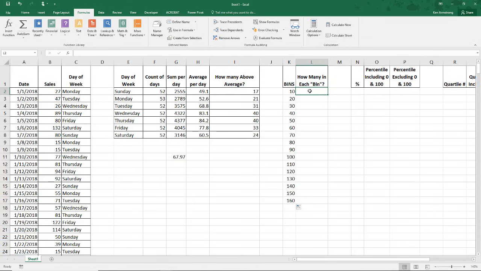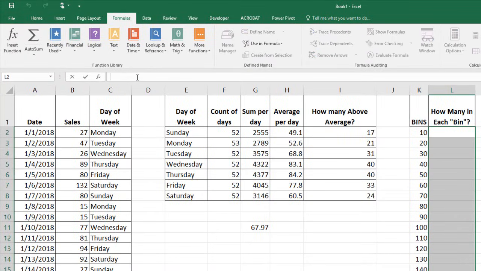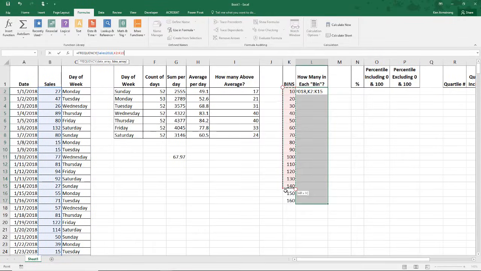So the way we do this is our first formula that's called an array formula. So we want the same formula to go into all of those cells, so we have to highlight all of those cells simultaneously. Once you've got them all highlighted, click up here in the formula bar and say equals FREQUENCY, calculates how often values occur within a range of values, then returns a vertical array of numbers having one more element than the bins array. So that's what I want. My data array is the sales 2018 range, comma, the bins array is this range of cells here. Close my parentheses. Now the magic happens.